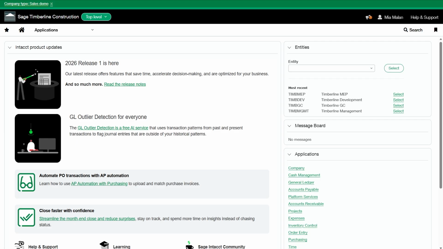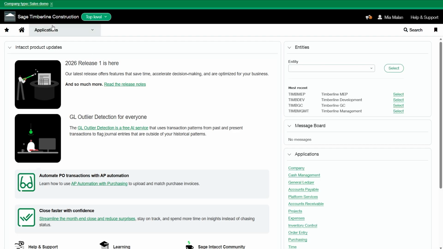I'm going to walk you through our own best practice template and show you exactly how we handle this from start to finish, including how to catch and fix errors before they even make it into the system. Whether you're loading a batch of new projects for a busy season or doing a one-time migration, this process will save you a lot of manual entry time. So let's get into it.